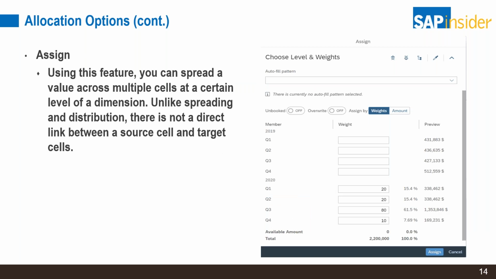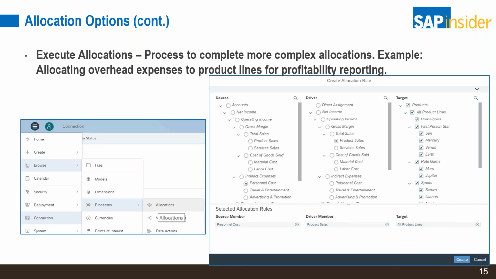And this really doesn't link any type of spreading or distribution points to a certain amount coming from prior history or current months or current year that you want to make some adjustments to. Assign is really where you're going to assign a certain amount. You say, okay, $1 million, and you will actually determine where it's going to go, how much. If you want it to carry a certain weight, or if you want to actually put dollars in, all of that functionality exists on the assign capability. So those are the 3 allocation options.